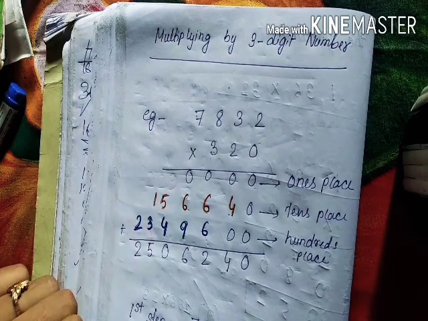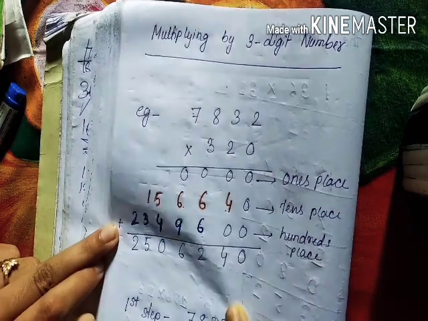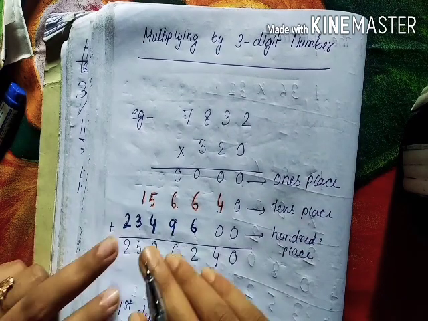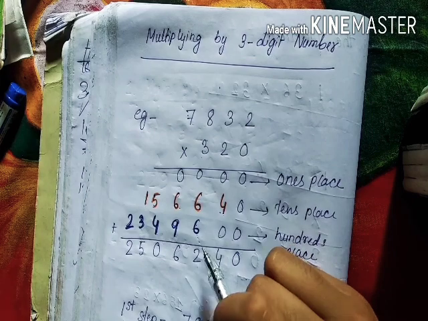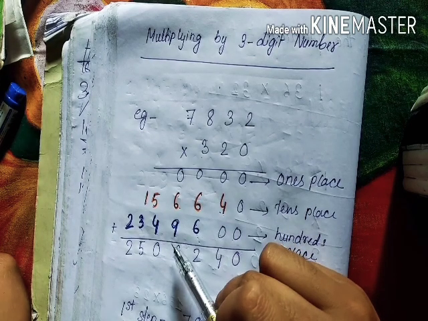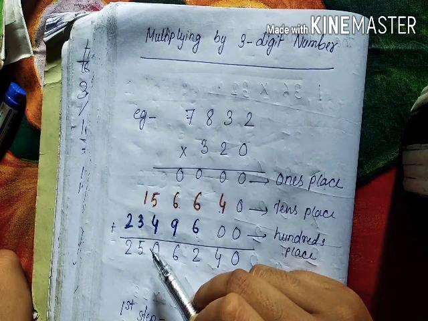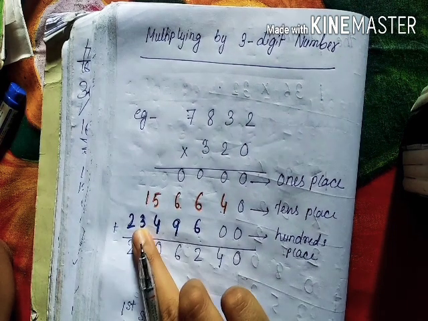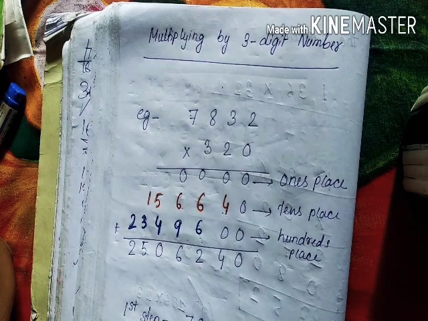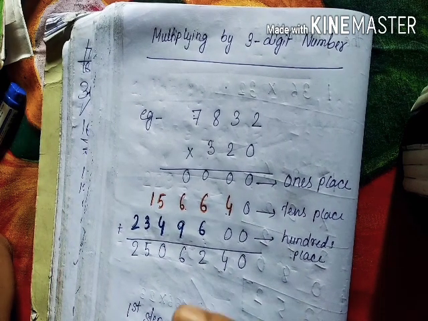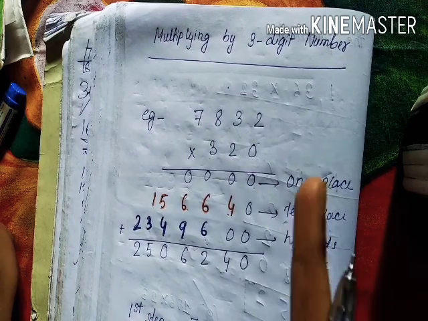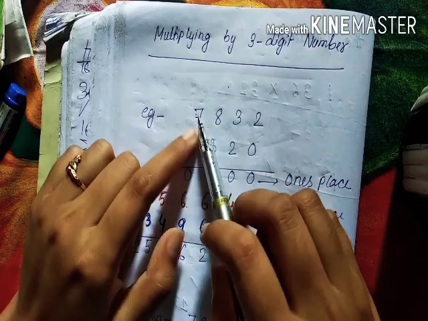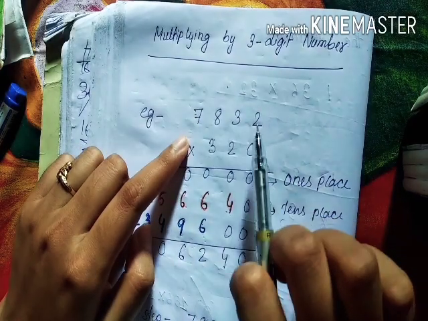Okay students, and we have to do the calculation here, the sum. So be careful while writing. If you make a mistake while writing these numbers, then in the sum also you may have some mistake. So do not write the numbers in a messy manner. Okay, don't make it messy. You have the square box copy, no? So you just divide these numbers in the boxes. So in one box you are writing 7, then again 8, 9, 3, 2, that way.